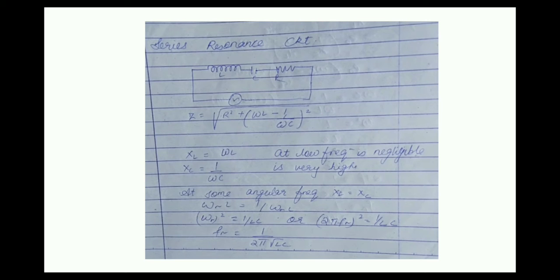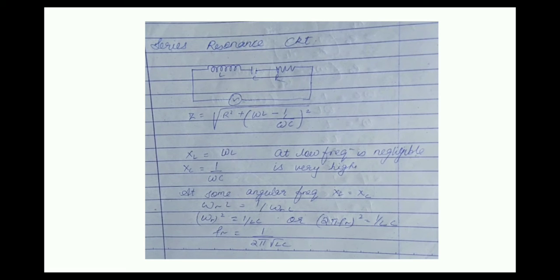At low frequencies, inductive reactance XL equals omega L is negligible, but capacitive reactance XC equals 1 upon omega C, which is very high. As we increase the applied frequency, XL increases whereas XC decreases. At some angular frequency, XL equals XC. We know that XL equals omega into L and XC equals 1 upon omega into C. Substituting it, we get